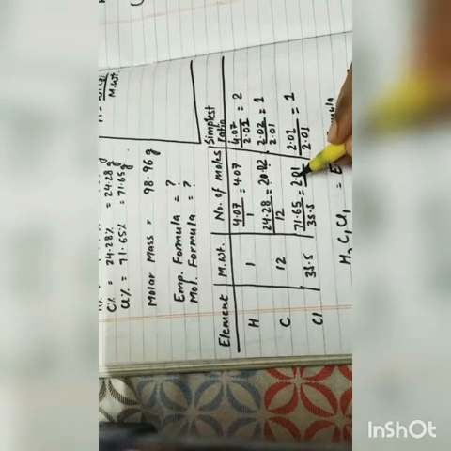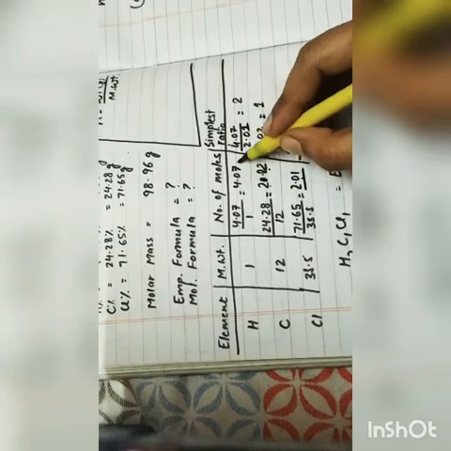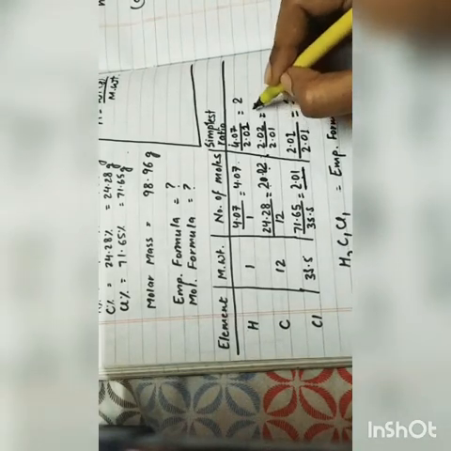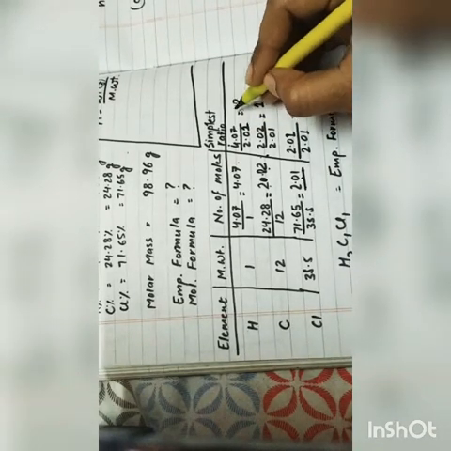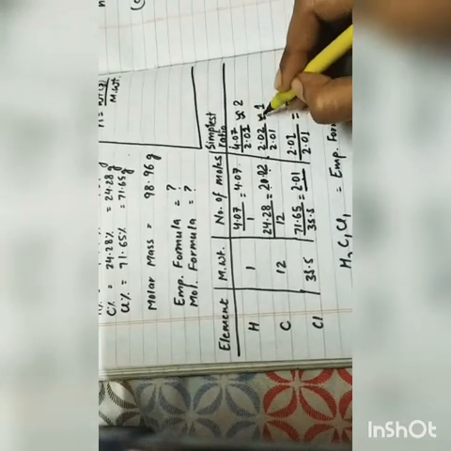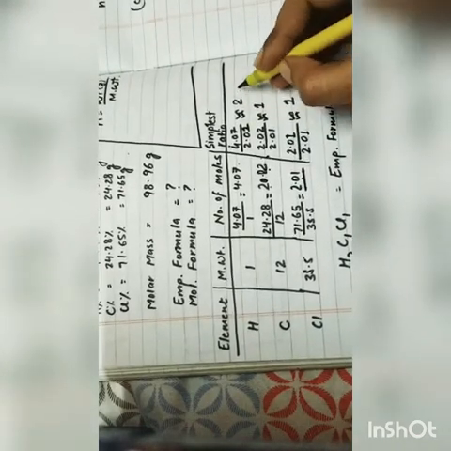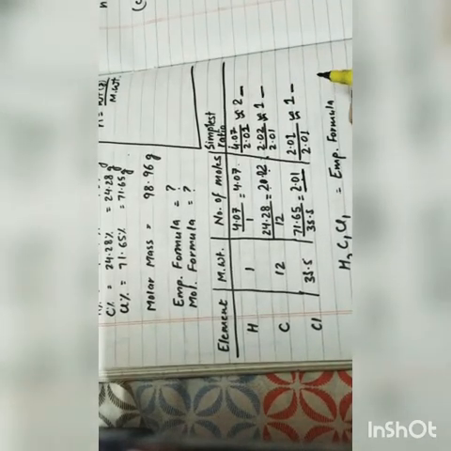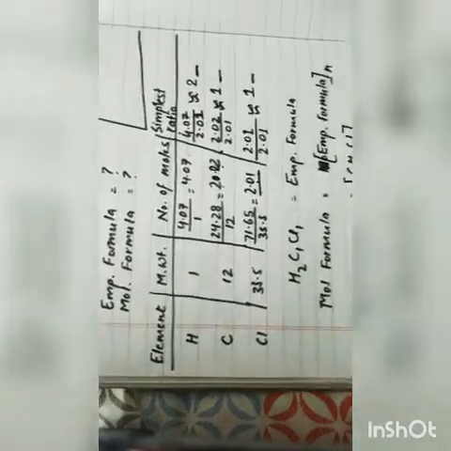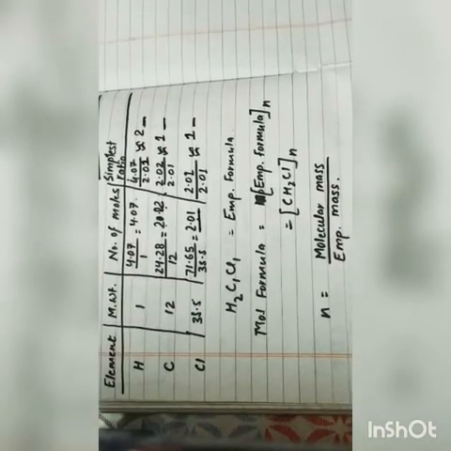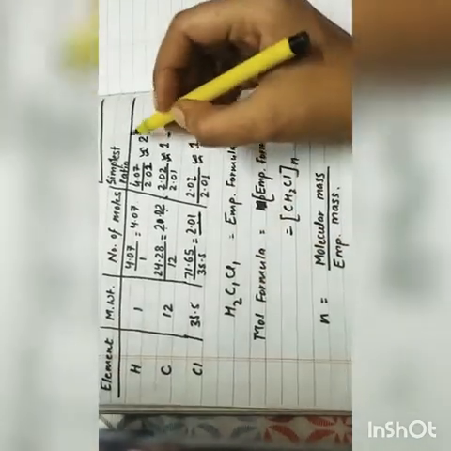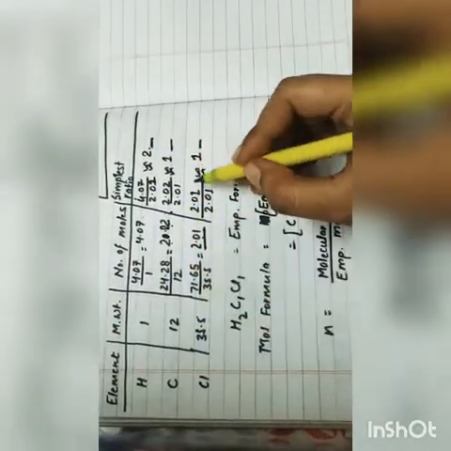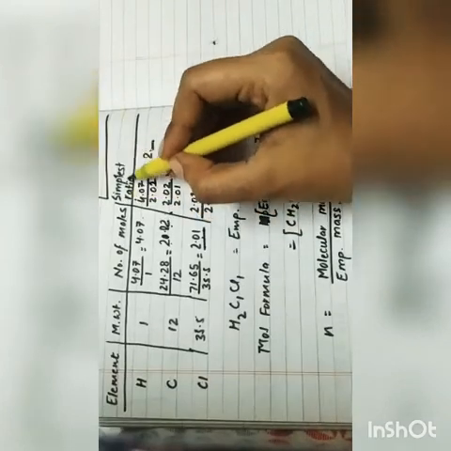So what you will do, you have to just find out the smallest number. Here you can notice 2.01 is the smallest number. So you just divide the numbers 4.07, 2.02 and 2.01 by 2.01 itself. Here you can notice that obviously these values are not exact, but these are similar to 2, similar to 1 and similar to 1. We do not take decimal values here, because as we know, atoms never combine in decimal form, they are whole numbers. Next, you can notice hydrogen is 2, carbon is 1 and chlorine is 1. So this is the simplest ratio.